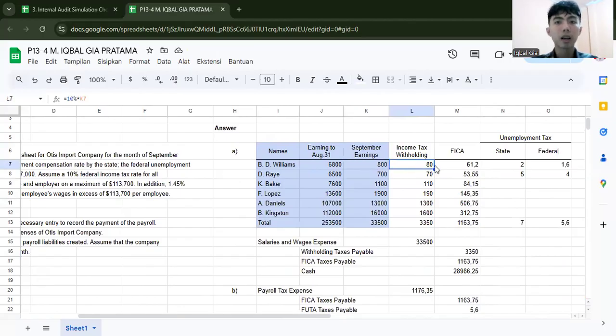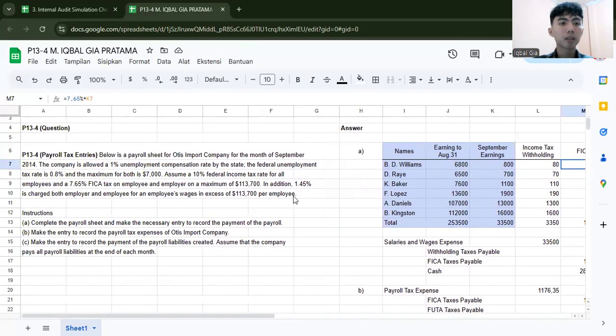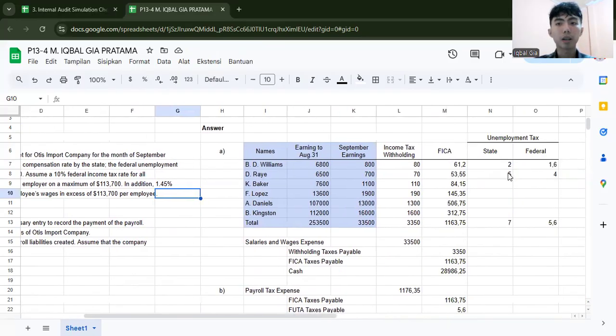After that, it is calculated automatically and we get the total income tax withholding for all employees. After that, for the FICA, the assumption or data is a 7.65% FICA tax on employee and employer on a maximum of this number. So we will just directly calculate